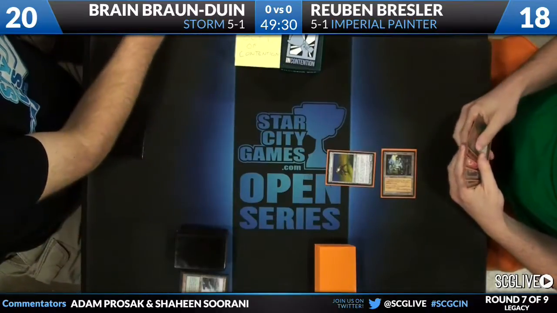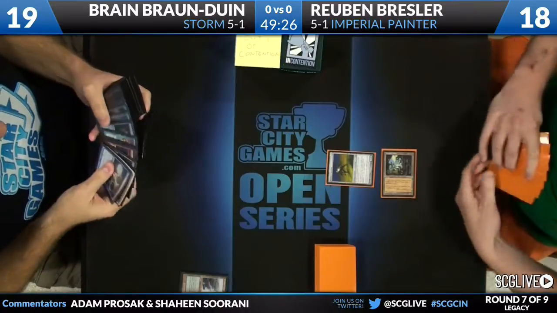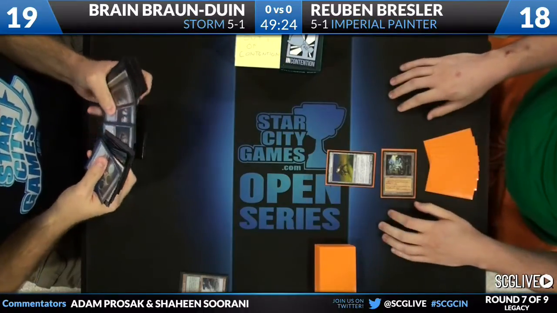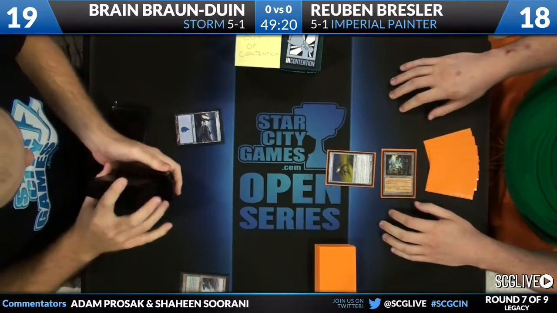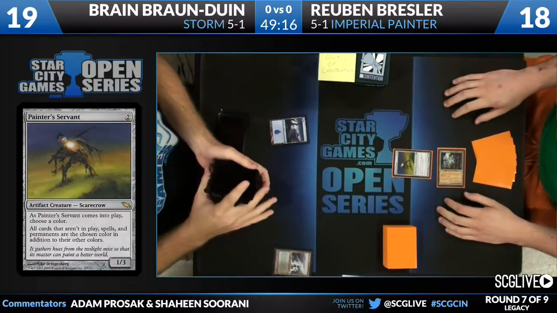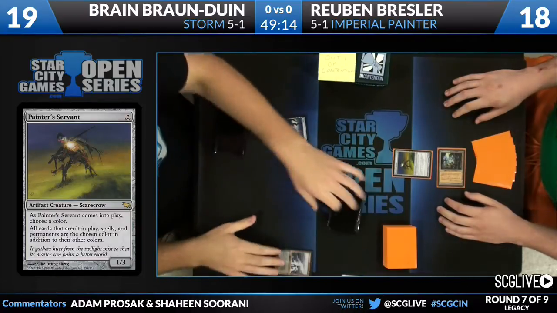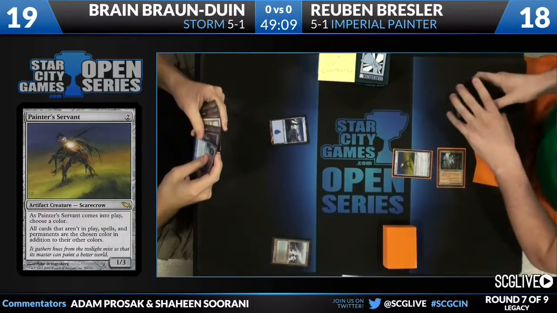Yep. Yes. So, Painter Servant will name a color. Doesn't really matter which color. Right. And then Grindstone, it mills 2 cards. Oh, BBD. And if they're the same color, repeat it. Yeah, BBD is dead right here, I think. Yep. Unless BBD somehow gets either the Gitaxian Pro Breed or the